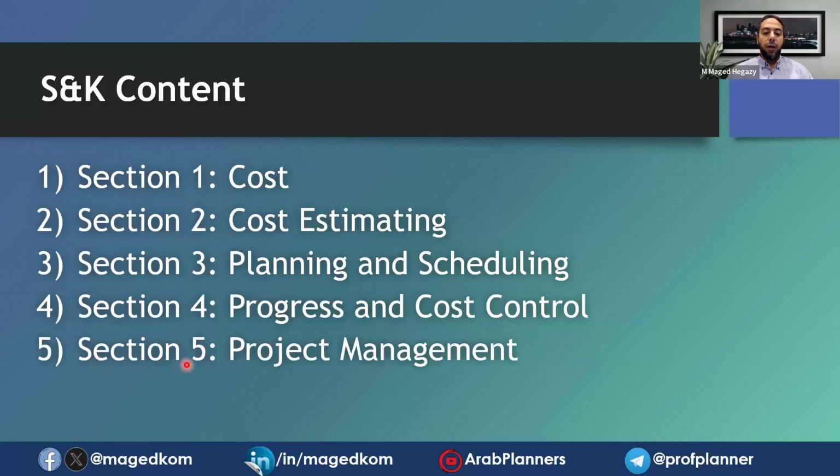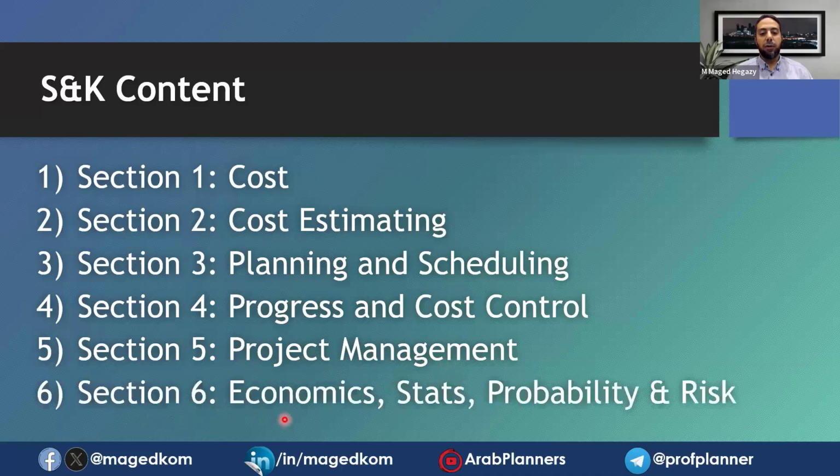Section 5 covers all other disciplines of project management affecting the cost. That's why you'll find the CCP discussing many, or you could say all, disciplines of project management. Because whichever discipline you work on, at the end of the day you translate your things to cost. You translate time to cost, risk to cost, quality to cost, everything to cost. So everything is affecting cost. That's why Section 5 discusses all these disciplines and how they affect the cost.